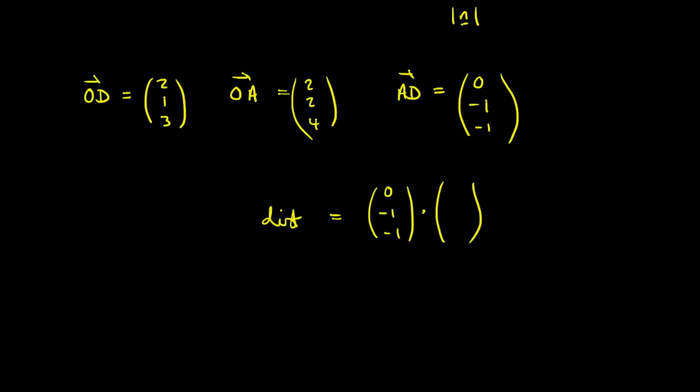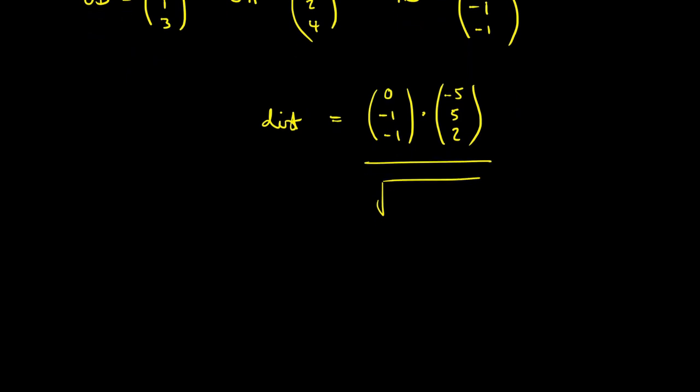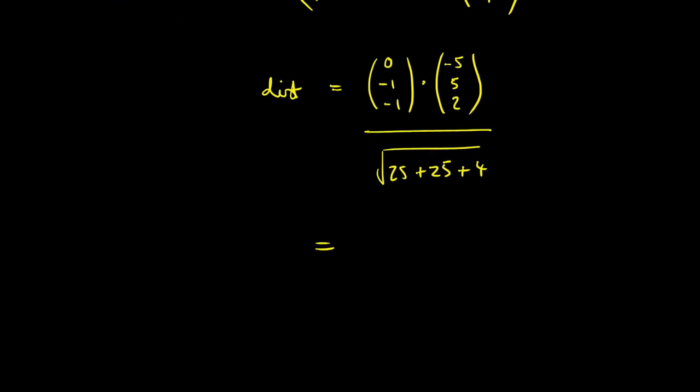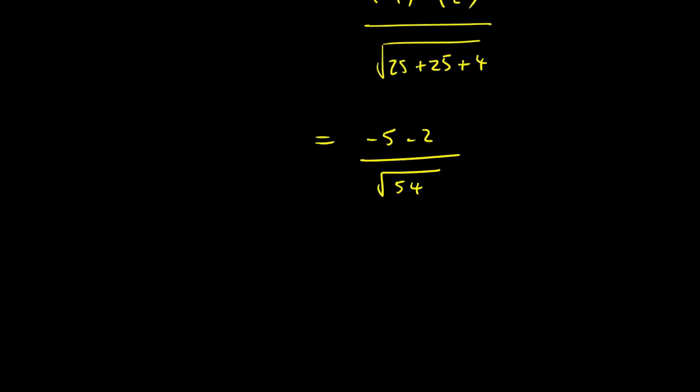Okay, so -5, 5, 2. And then we're going to divide that whole thing through by the magnitude of the normal, which was -5 squared plus 5 squared plus 2 squared. So let's do the scalar product. We get 0, -5, and then what's it? -2 over the square root of 54. And this is -7